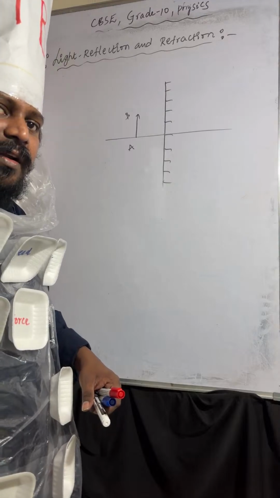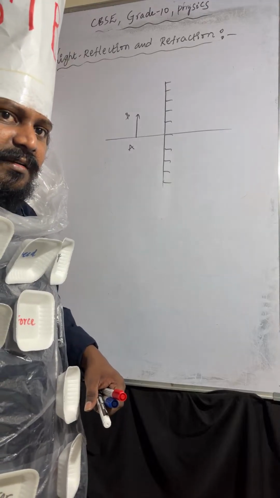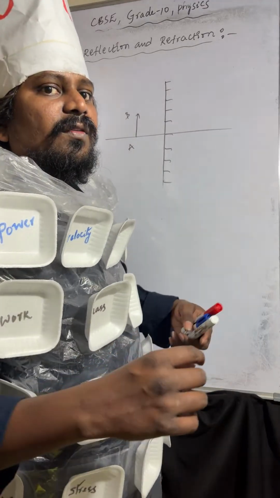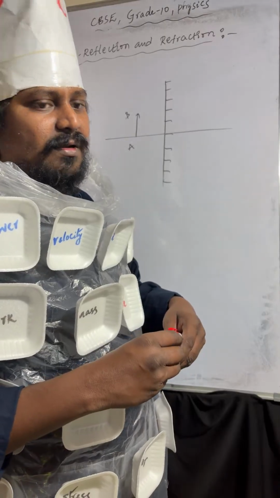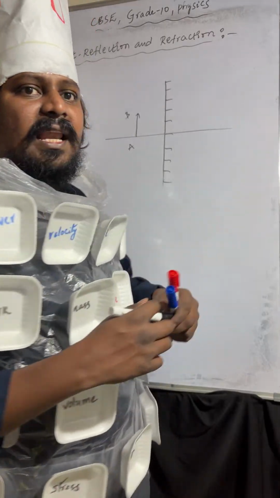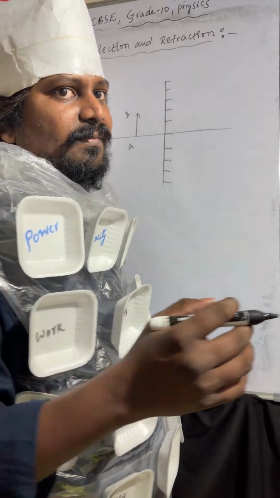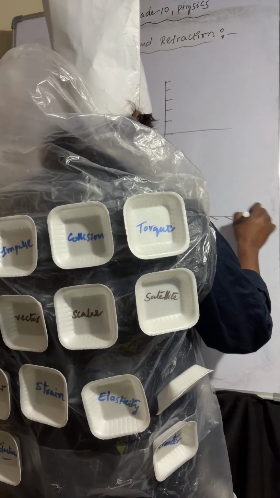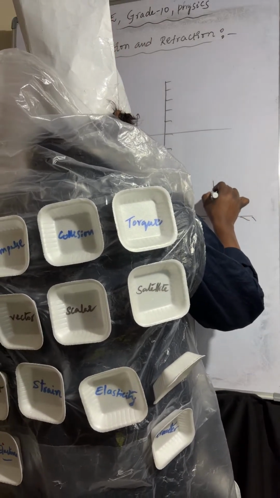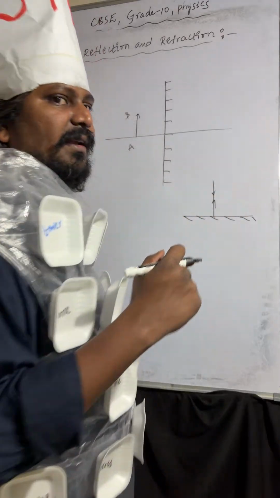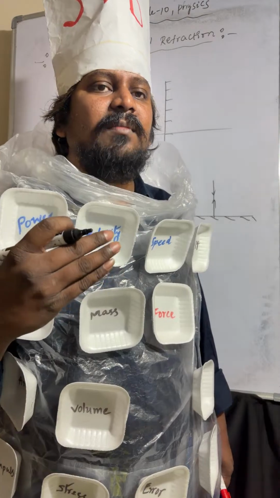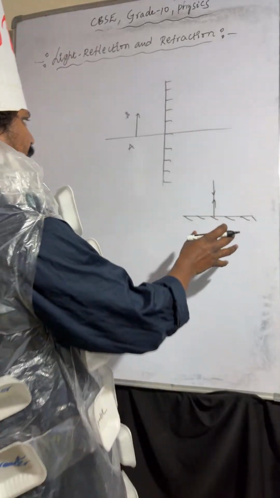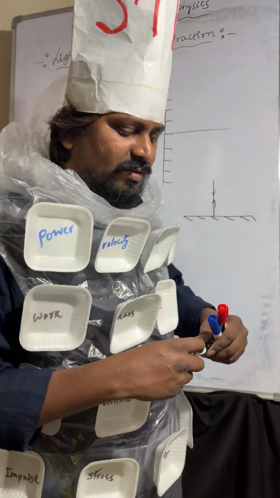Now you can observe. So minimum how many light rays? Minimum 2 light rays are required to form the image of the object. If the light ray is passing along the normal line, it reflects back in the same direction. So you can observe here. So that's why I am taking here also.